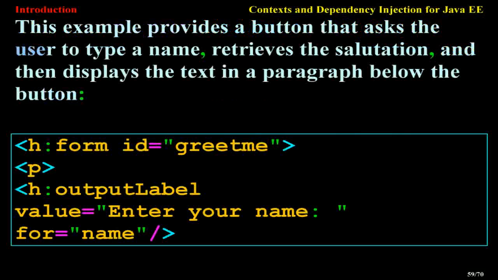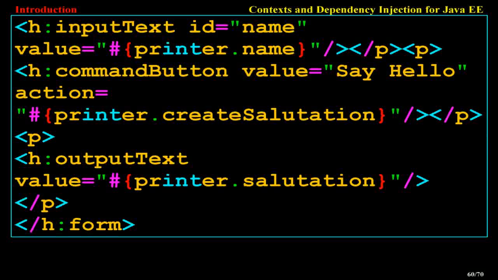<h:form id="greet"> <h:outputLabel value="Enter your name: " for="name"/> <h:inputText id="name" value="#{printer.name}"/> <h:commandButton value="Say Hello" action="#{printer.createSalutation}"/> <h:outputText value="#{printer.salutation}"/> </h:form>